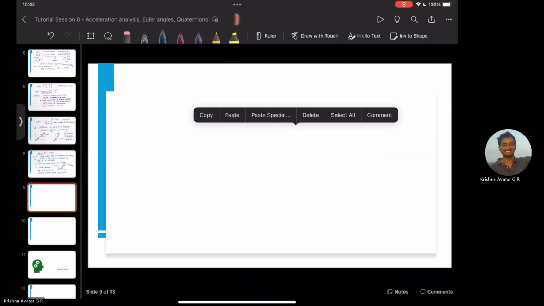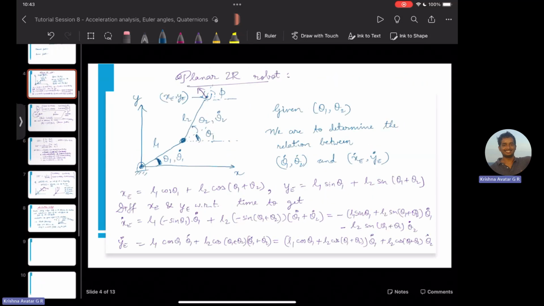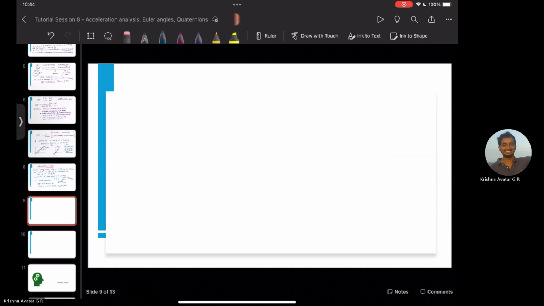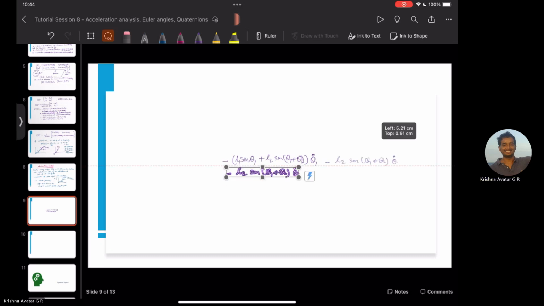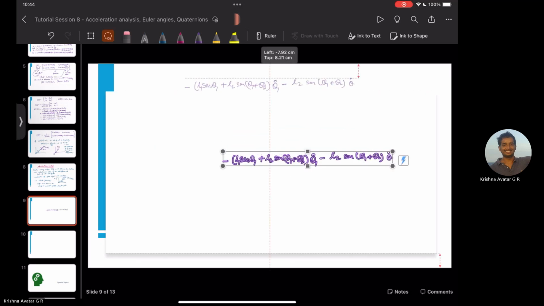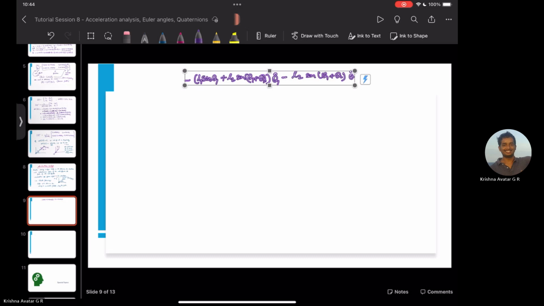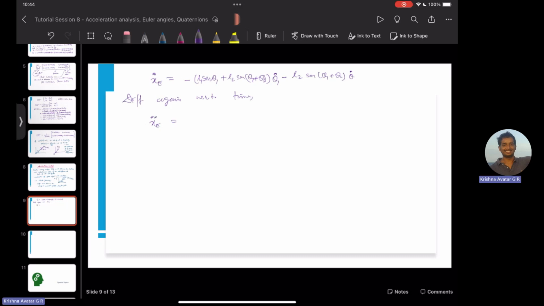Coming back here, let me again go back to this expression here. I hope I'm able to copy it. So this was our xe dot. Now what we do is differentiate again with respect to time. So the left hand side becomes xe double dot, while the right hand side becomes